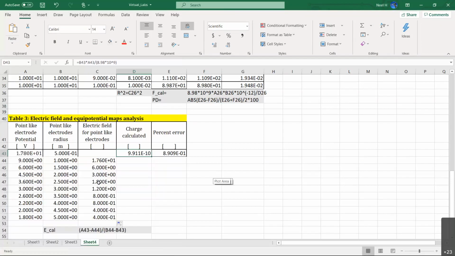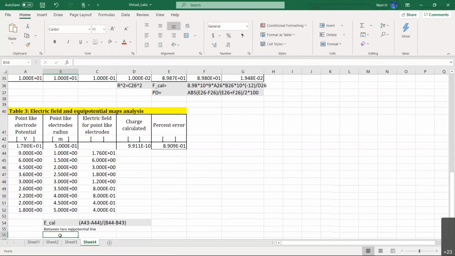Electric field between two black lines, between two equipotential lines. But when you do charge, we have to calculate relative to the charge particle and the potential